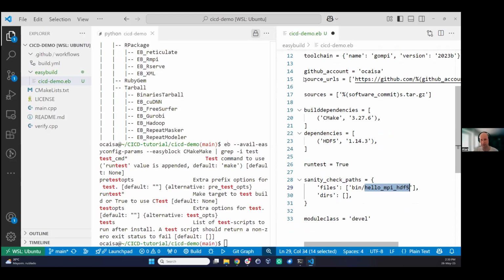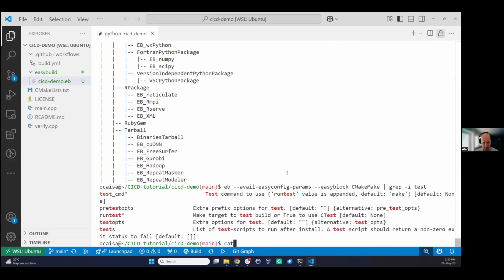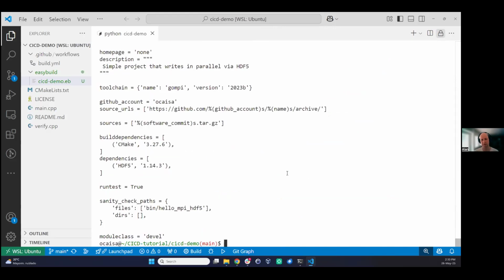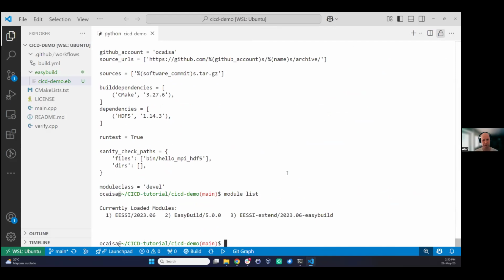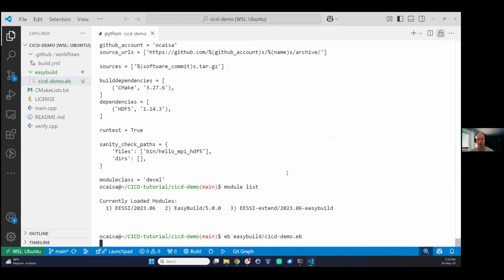So we can save that. We can build that locally. So let's have a look at that. Let me just cat that for people as well. So cat easybuild CI/CD demo, right? And do a module list, right? We see we have the EasyBuild extend module loaded. So now we can do eb, EasyBuild, and the CI/CD demo, and